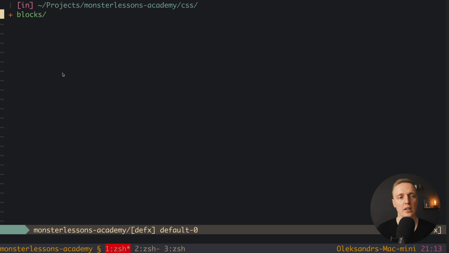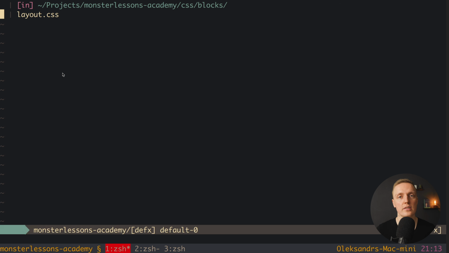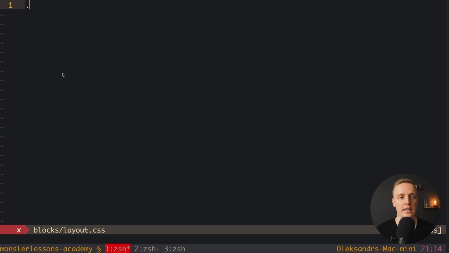And this is why we are jumping just in blocks, and we have here, for example, our first block layout.css, and this means we can't really create a block with the same name, because we will get an error because such file already exists. This means if you have like 100 blocks, you can't really create a new block with the same name, you will see it immediately. This is why here in CSS blocks we are creating our first block layout, and let's just write some basic